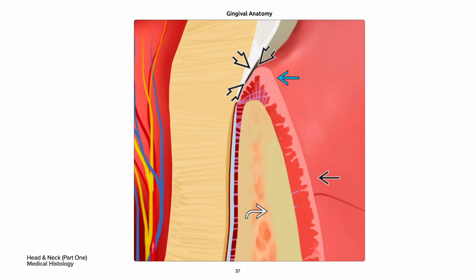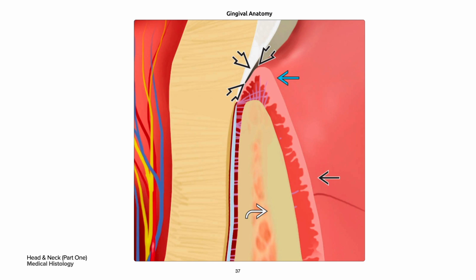Microscopically, it has epithelium, lamina propria, and your mucoperiosteum. Age-related variation: the epithelium becomes thinner and more fragile with age. This diagram shows a representation of the relationship of the gingiva to the tooth and the alveolar bone in